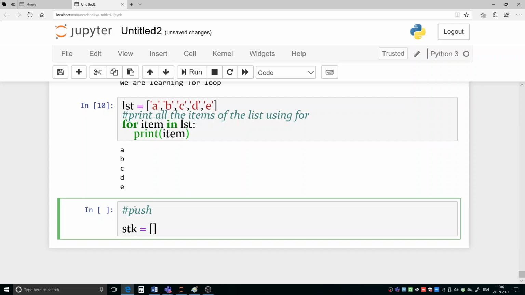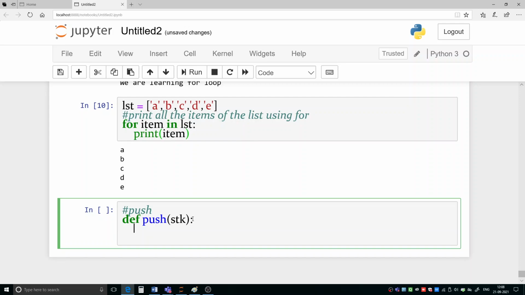So here you can write def, suppose name of the function is push, and your stack is this stk. So now the variable we have defined there, so we do not need to define this one. Okay. So this is our stack, and we want to perform push operation on it.